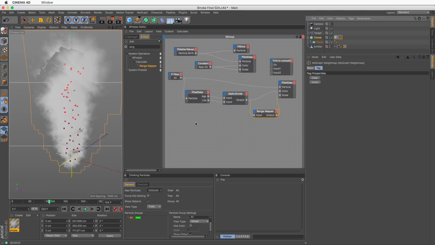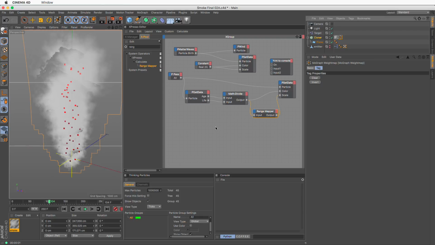And I want to find a way to drive the data of this MoGraph weight map from the data in my Espresso. And mind you, this tip was given to me by Yader, and he's one of the smartest people I know. Even by my standards, he's really, really smart. And that's a problem. I know too many smart people. Anyway, so full credits to him. I'm going to link down in the description where you can find his videos and so forth.